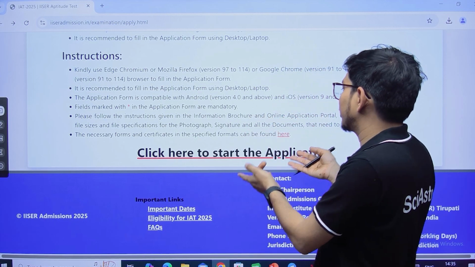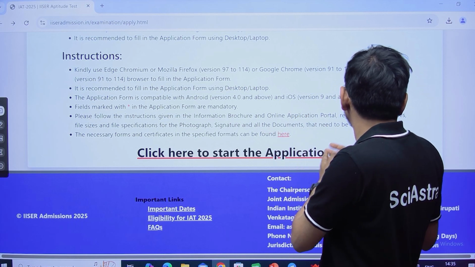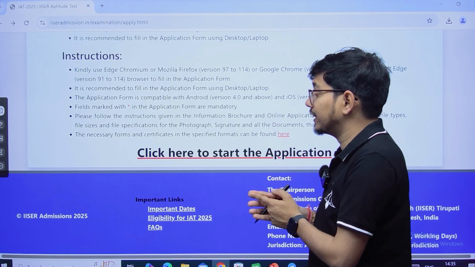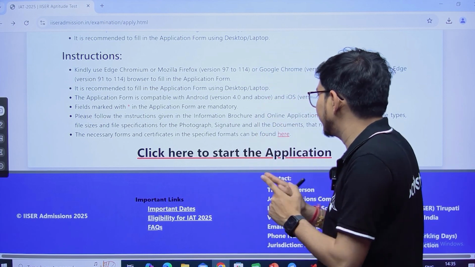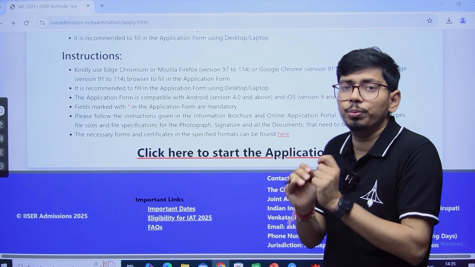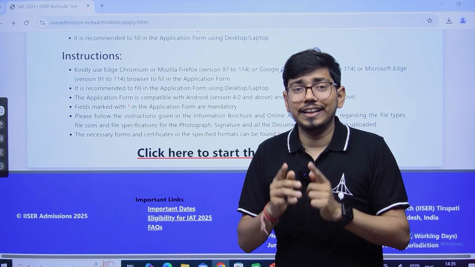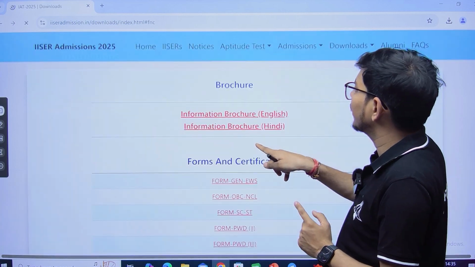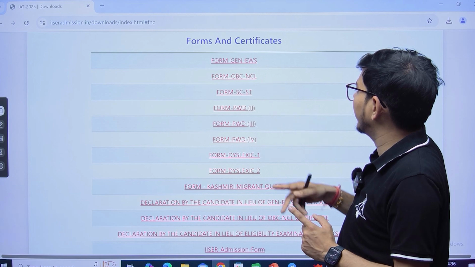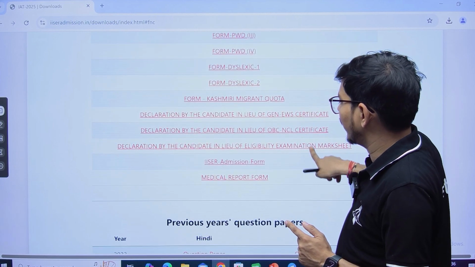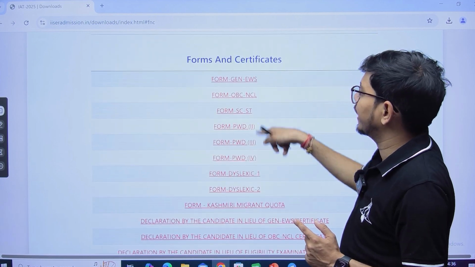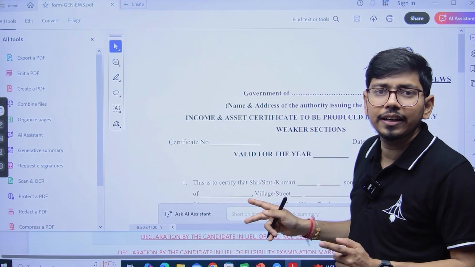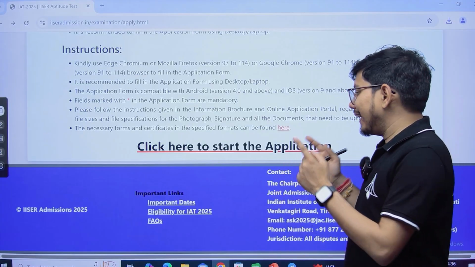Please follow the instructions given in the brochure and online application portal regarding the file types, file size and file specification for the photograph and signature and all the documents that need to be uploaded in this application. The necessary forms and certificates in specified formats can be found here. You can click here and see all the forms and certificates, and the format in which you have to prepare the declarations. You can download any of these formats, fill in the details and register using that. So we will click here to start the